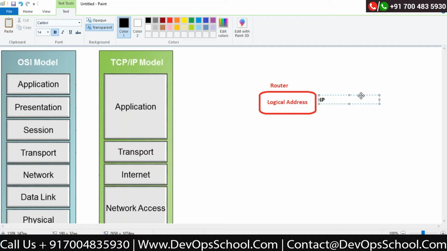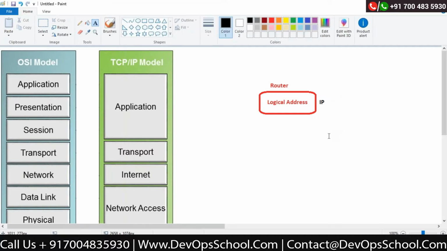Correct? This is why the LLC layer from the switch hides the MAC address, promotes the IP address and sends it to the router, because the router works on layer 3, called the network layer, and the network layer works on IP addressing only. They do not work on MAC address at all. They do not understand it. Correct?